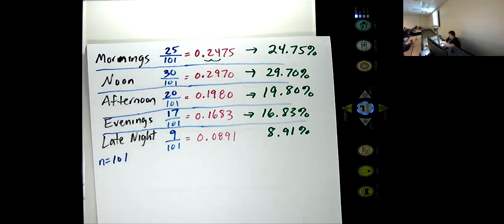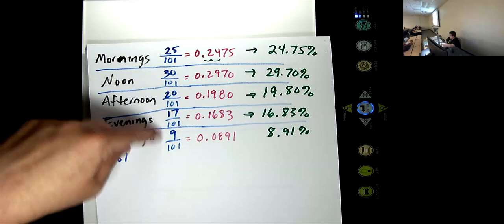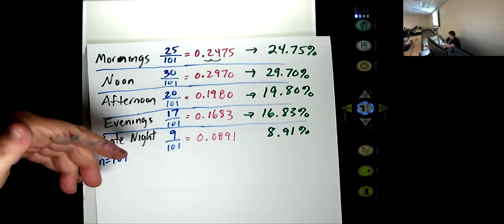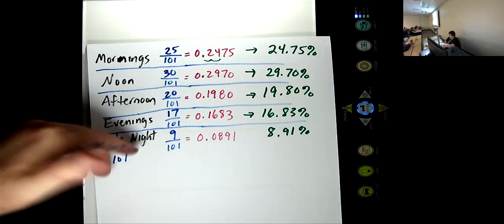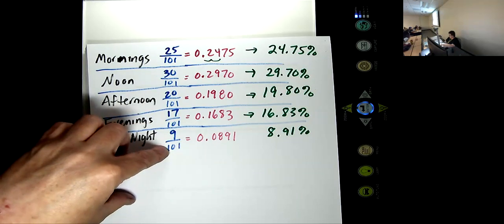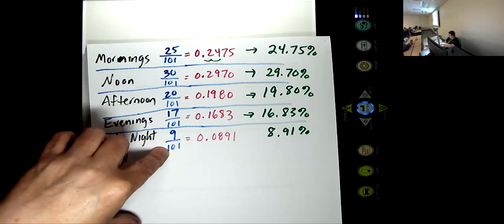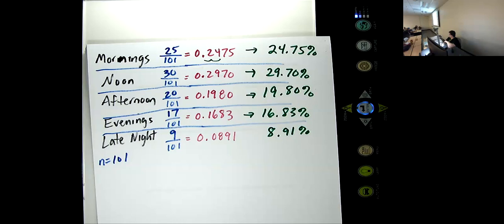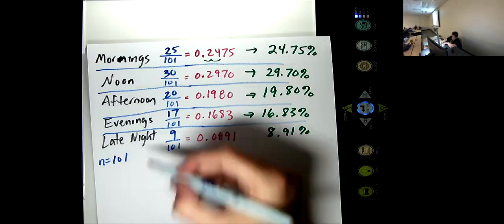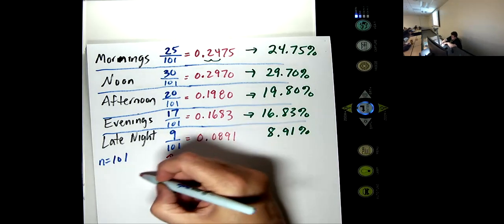And these all look relatively close to the numbers on top because the denominator is 101. In fact, if it had been 100 on the bottom, they would be the exact same numbers as decimals. So, one thing to note about relative frequencies, if we add up this column,